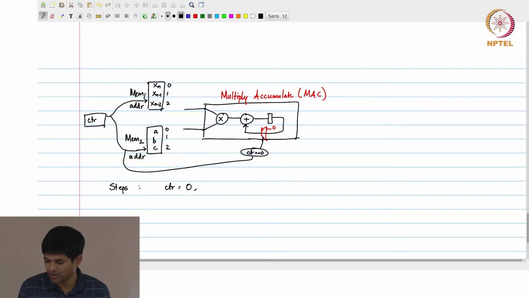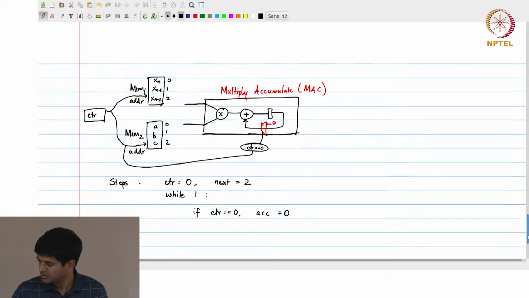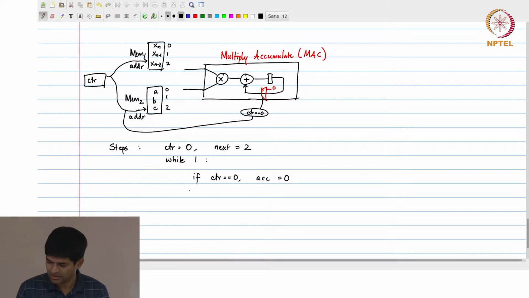Initialize by setting counter equal to 0, and I'll take some variable, I'll call it next, and set it equal to 2, and then go into a while loop that says whenever the counter is equal to 0, what I need to do is reset the accumulator, update the value in the memory mem1 of next with something that's coming from the input. So this is basically the x of n storage,